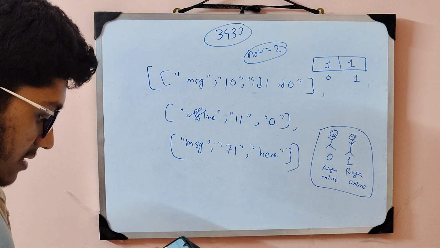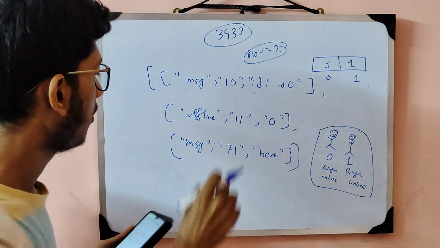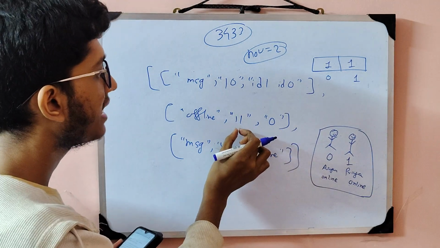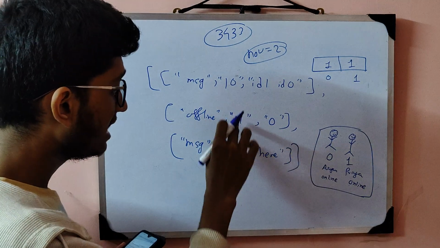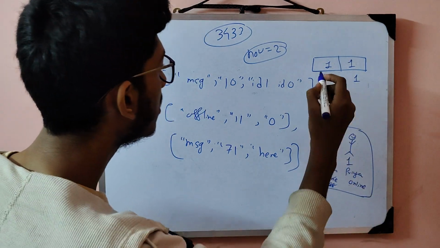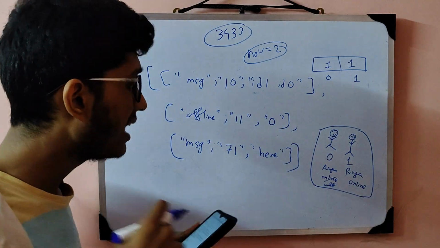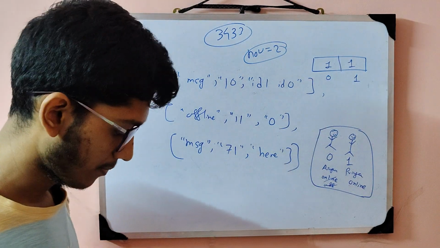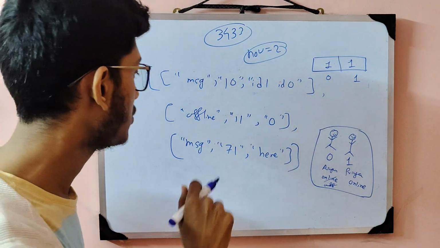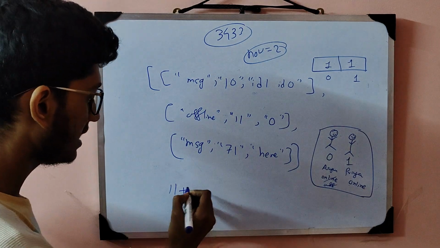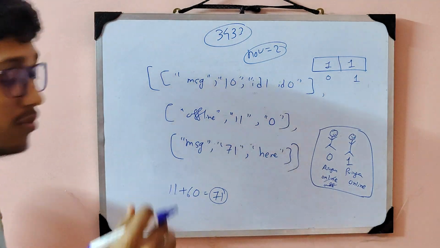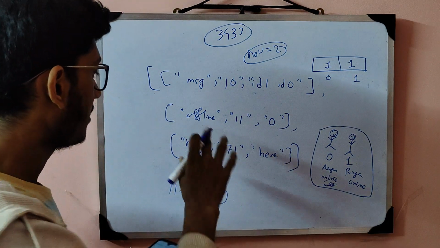Okay. Next, offline. Offline means this is the time when this ID number will be getting offline. At 11, Aryan got offline. Okay, Aryan got offline, and when again will Aryan be online? After 60 units of time, he will again be online. So if at 11 he is getting offline, 11 plus 60 is equal to 71. At 71 he will be online again, and